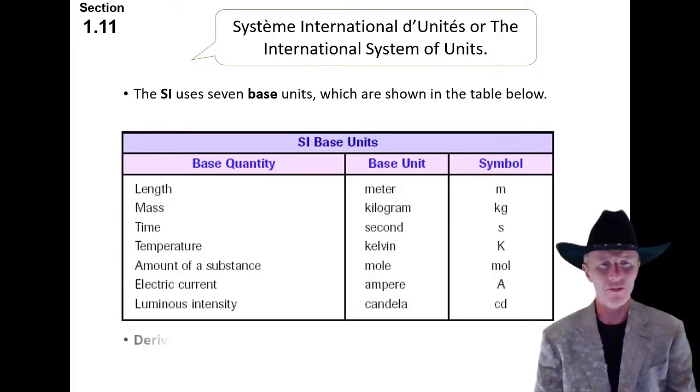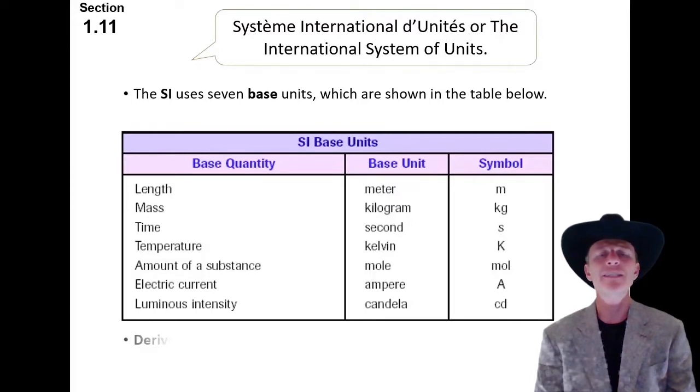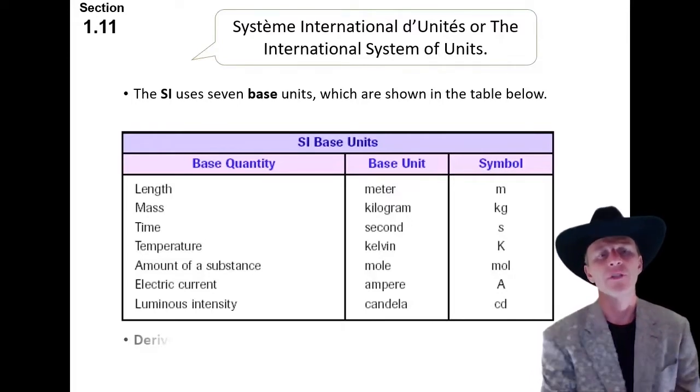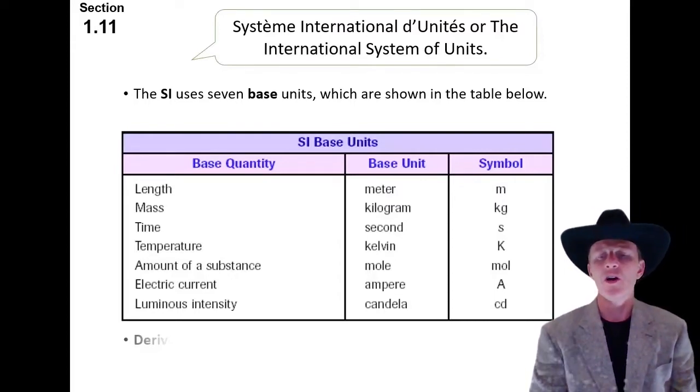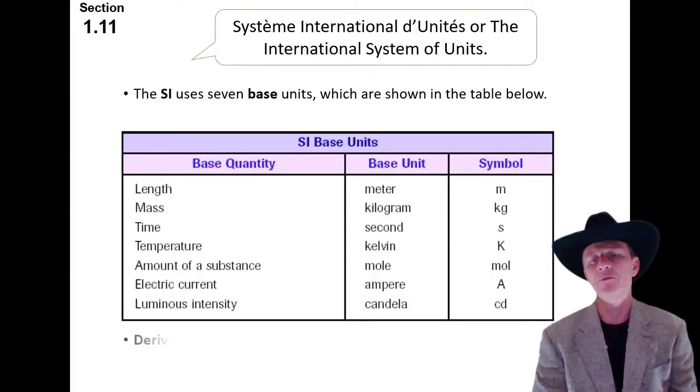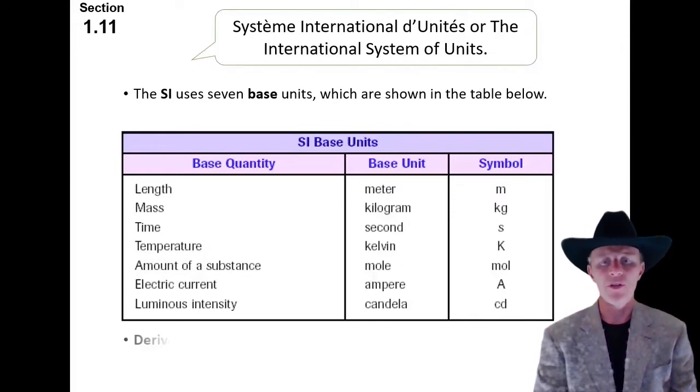They're called SI units. SI comes from the name of the international group that got together. They call themselves Système International d'Unités, or the International System of Units. The SI has 7 base units. Only one has a prefix, the kilogram there. That cd on the bottom doesn't mean centa, that's a candela. So those are the 7 base units, and everything can be measured with one of those units